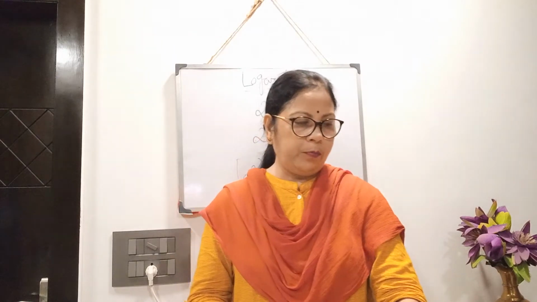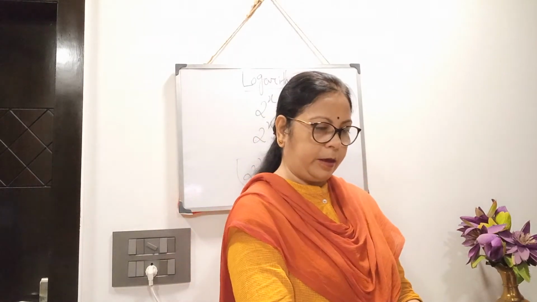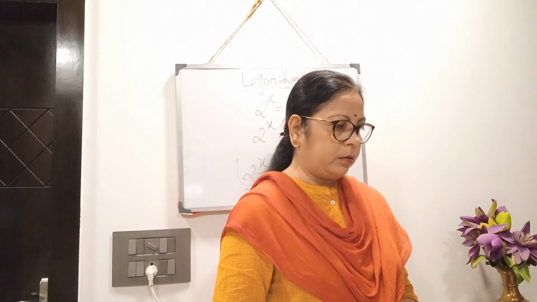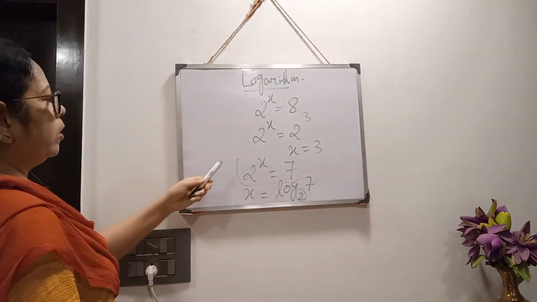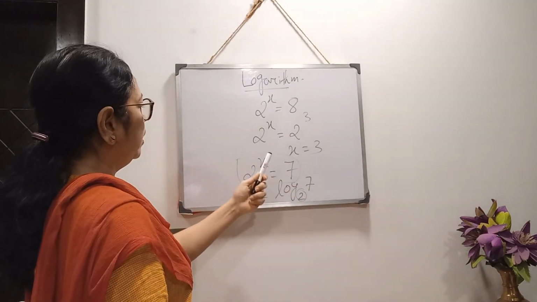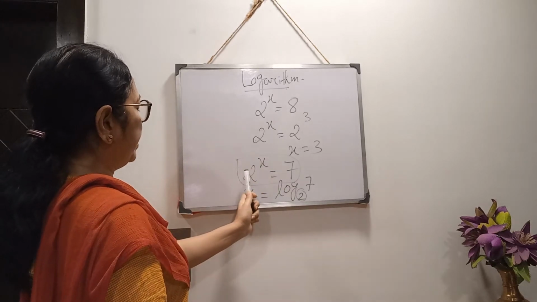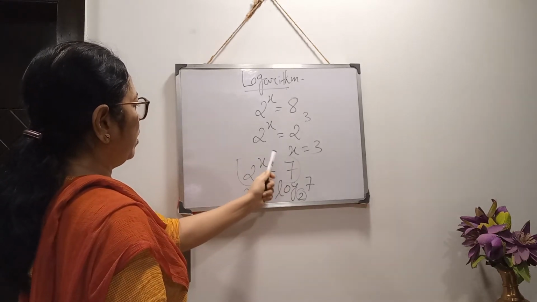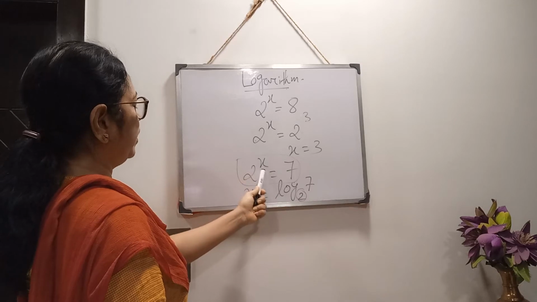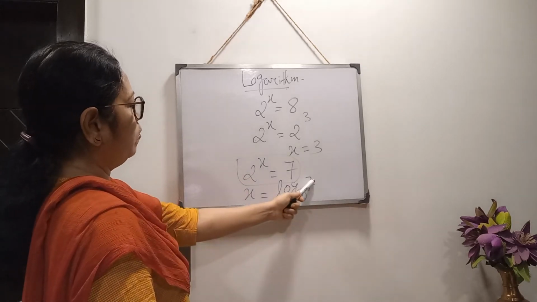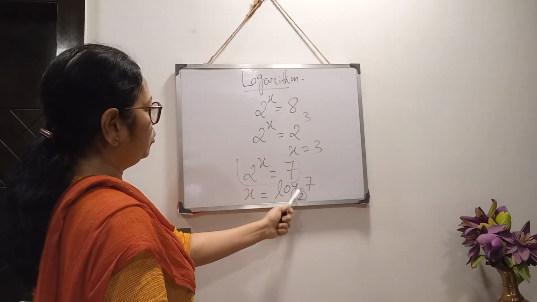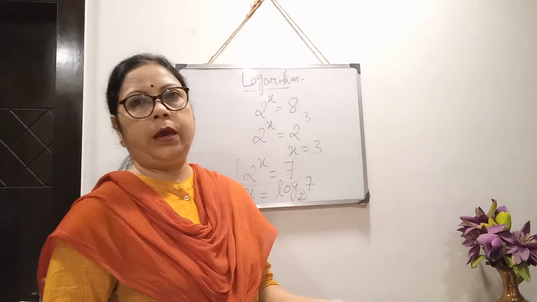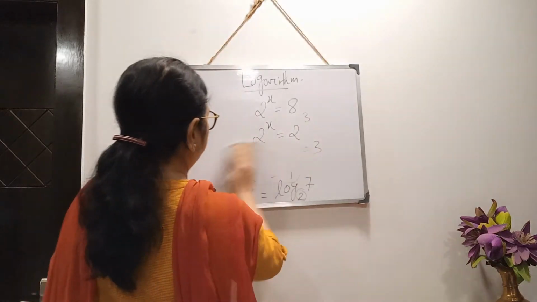And now I am starting Exercise 21. Clear? So what is log? If there is this type of equation where we can't bring both sides to the same base, then for solving this unknown variable, we have to take the help of log. And log 7 is called to the base 2. Here it is 2, but there may be 10, there may be a, there may be b, anything.